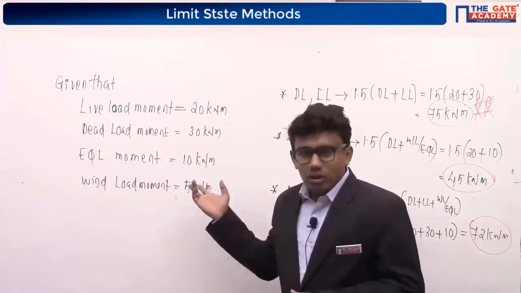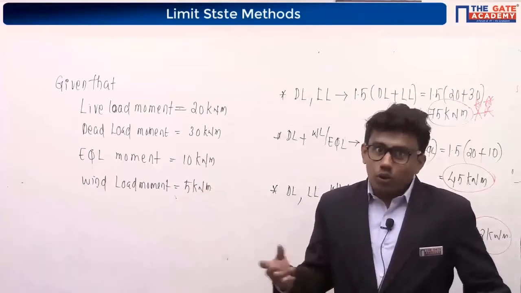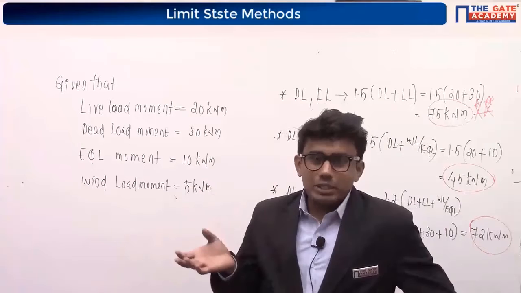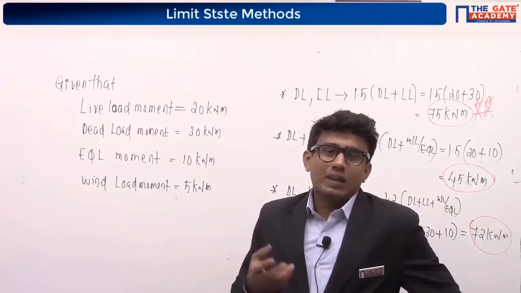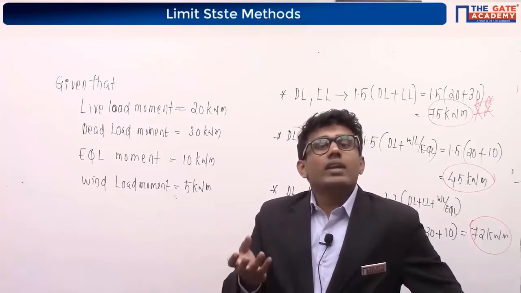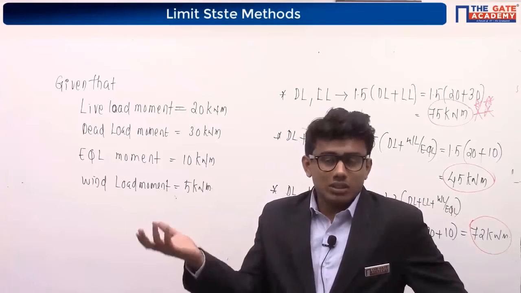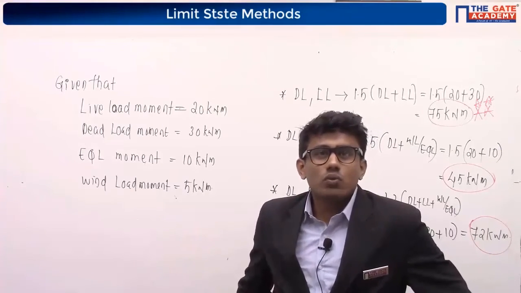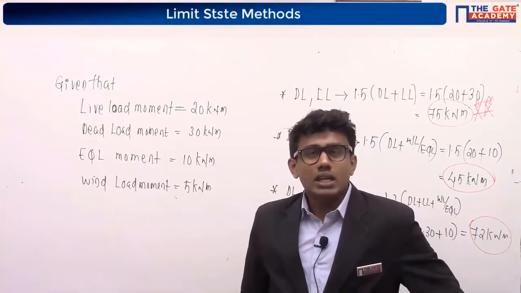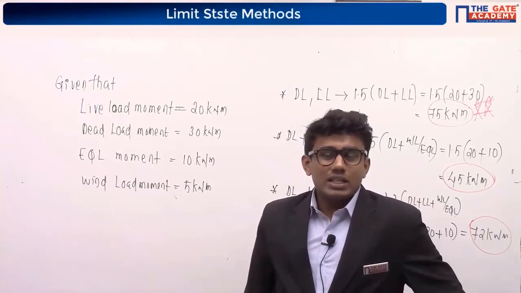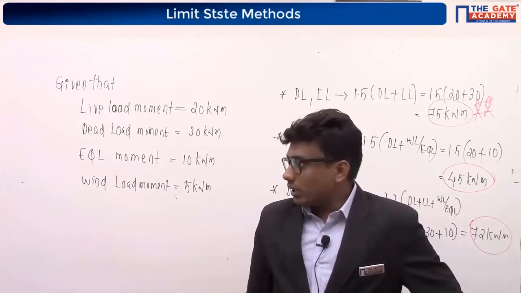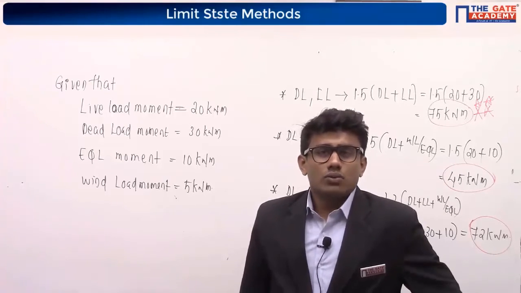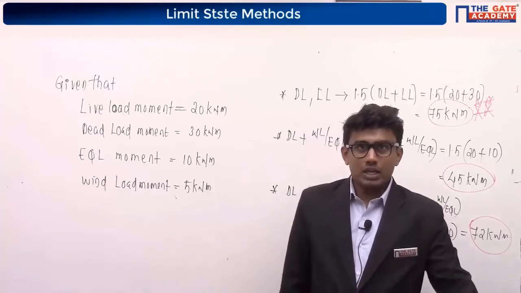There are load combinations 1.5, 1.5, 1.5, 1.5. It's 1.2, 1.2, 1.2. Just remember, take the maximum value of wind load and earthquake load, and when reversal of stresses is there, or when our stability against overturning is there, you have to consider 0.9 instead of 1.5. You have to remember these two things. And for limit state of serviceability also, the partial safety factor will be 1, 1, 1, 1, 1, 0.8, 0.8, 0.8. You do not forget this table.